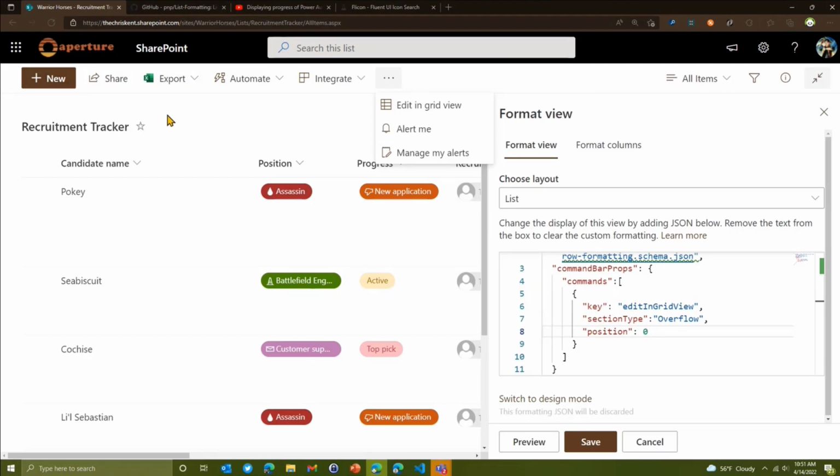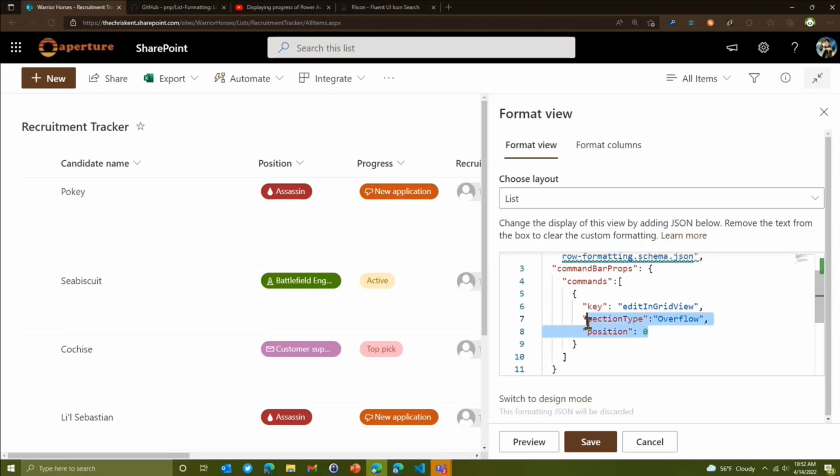All right. And we've got some other stuff here. Edit all button in the list form. No, so we're not editing list form buttons. It's really just this command bar. Okay, so we're just editing things up here in the command bar. But we can do the section type. We can also get a little more advanced with our selection modes. And let's take a look at an example where we'd want to do that in just a moment.